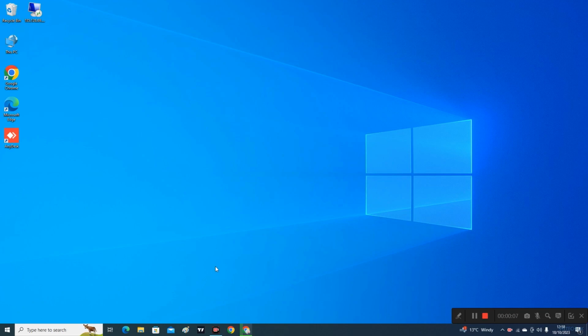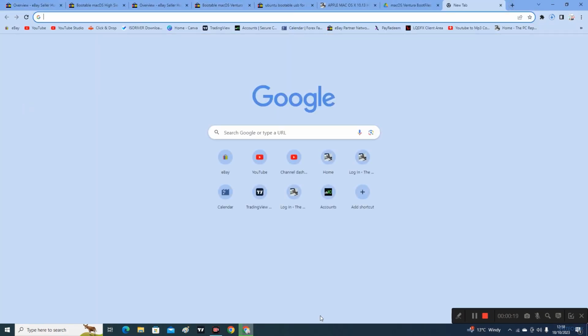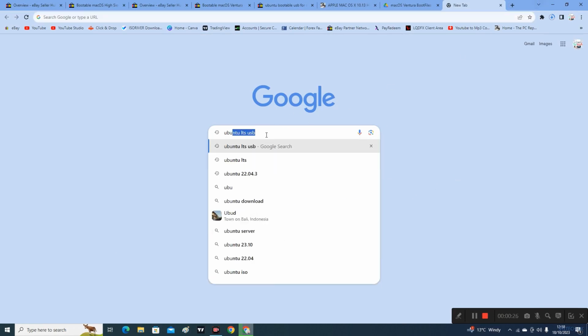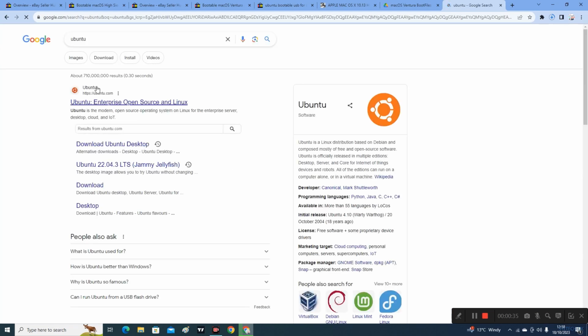In this video I will show you how you can download, install and make a bootable USB drive for Ubuntu operating system. So we'll go to Google and type in Ubuntu. And the official Ubuntu website will come up,